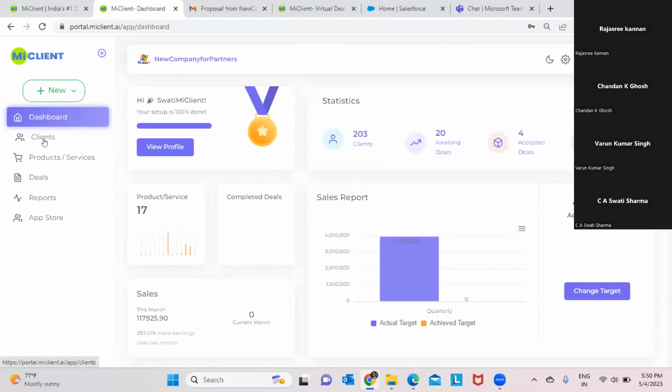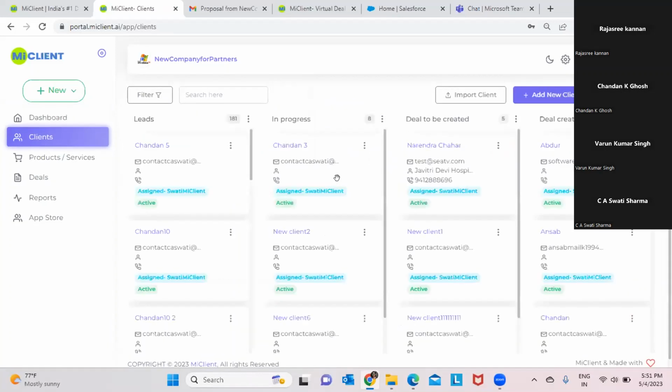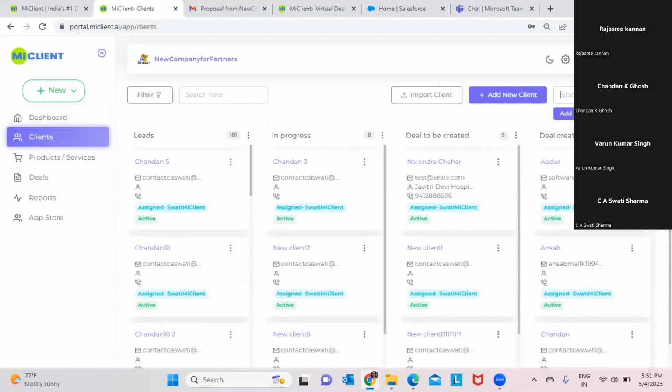clients part. We have tried to simplify our solution for the end users, right? The salespeople who use MiCLIENT generally go to the clients and deals tabs. If I click on clients, we have different stages of the clients, for example, leads, which are in progress, deals to be created, deals created. These are the different stages. If I want to rename any stage, I can do that. If I want to add any new stage, I can also add it here along with these existing stages. And